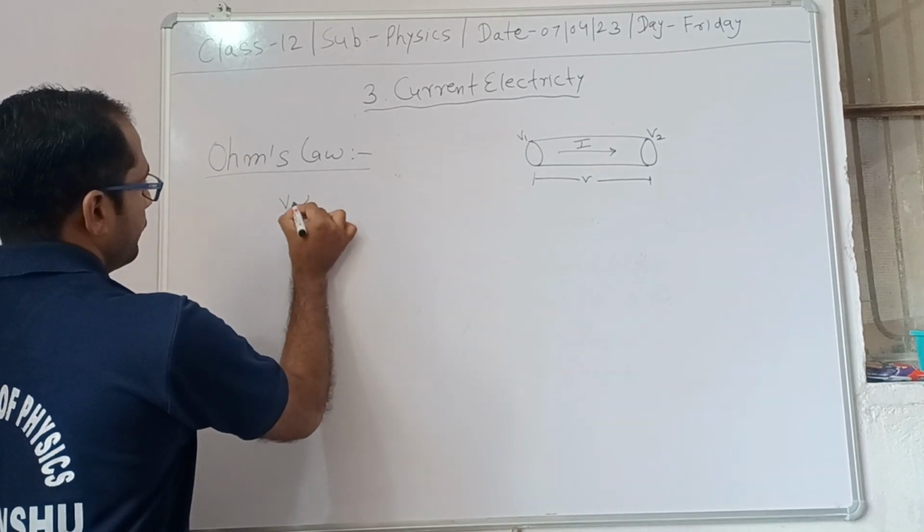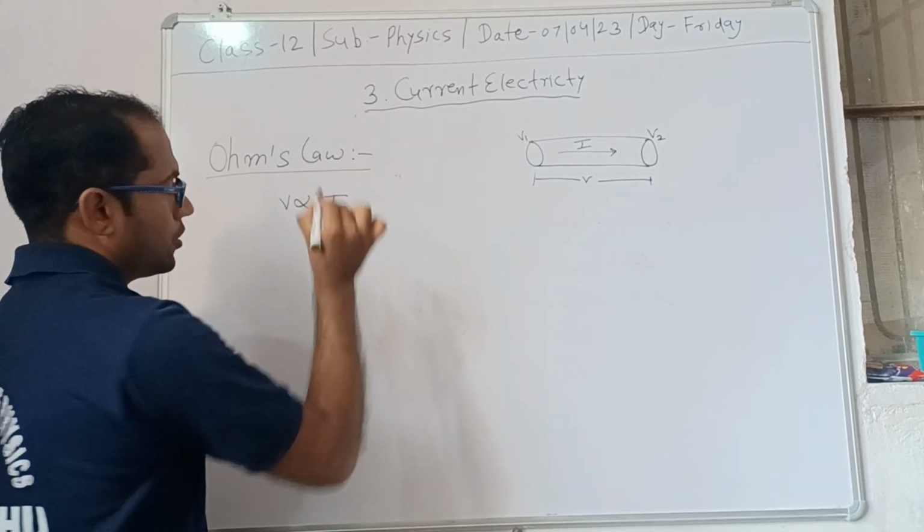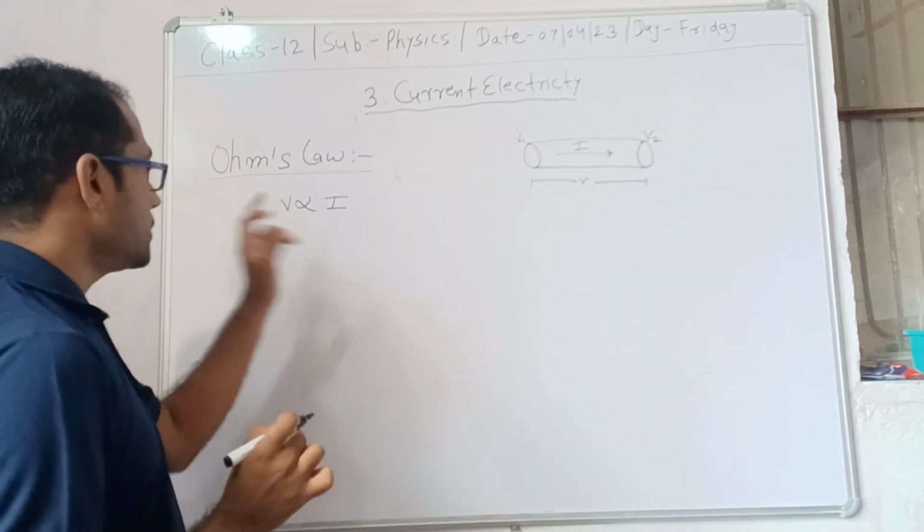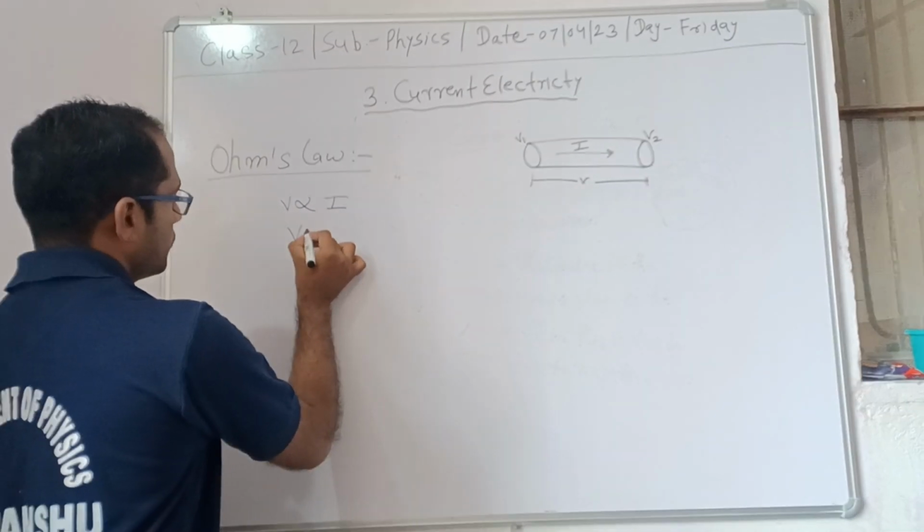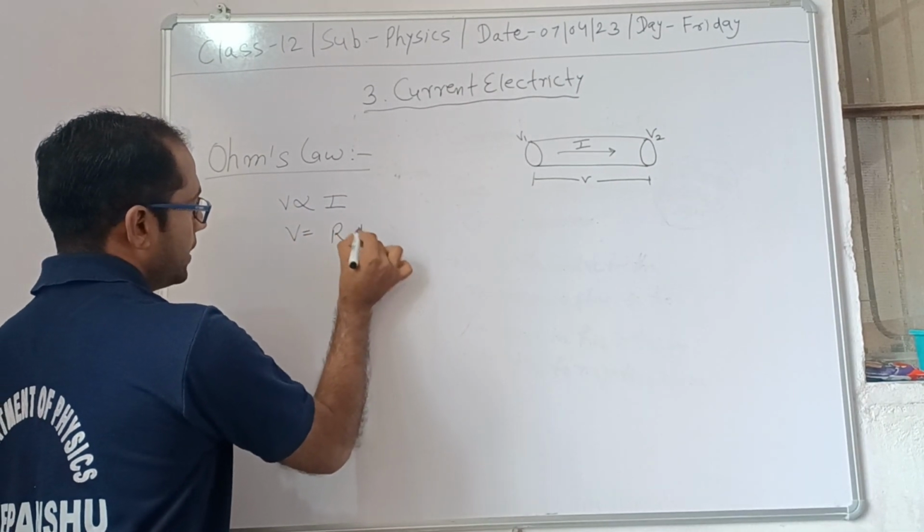It means V is proportional to I. If we remove the proportional sign, we put a constant, and this constant is R,